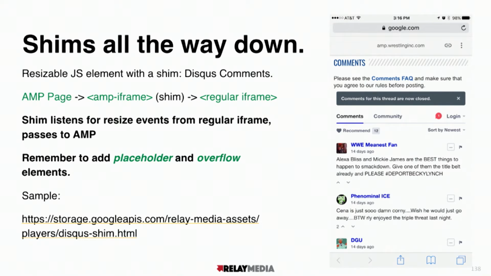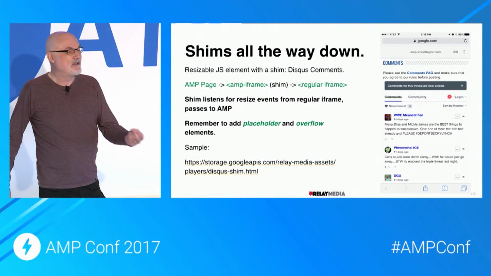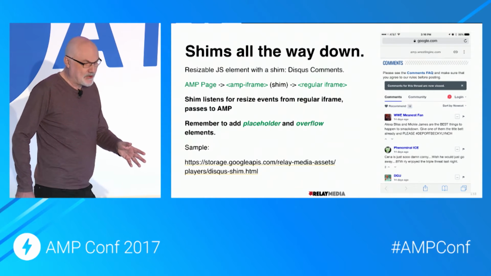Good example, Discuss comments. So the Discuss comments plugin, the way it normally works, is there's a lump of JavaScript you put on the page. It adds an iframe element to the page. The iframe loads the comments, and it sends a message up to its parent JavaScript that says, hey, I want to be this long. And it gets resized, and there's your comments on the page. What we did, and Discuss have some sample code on their site to do this, and it's not quite robust enough, so we rewrote it,